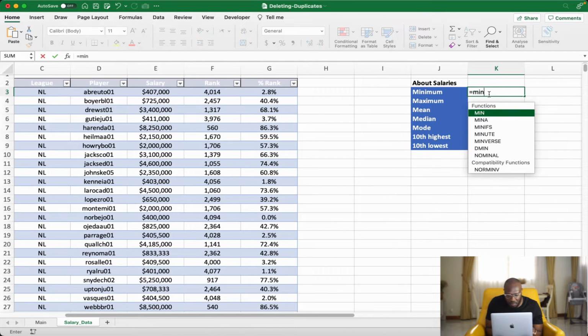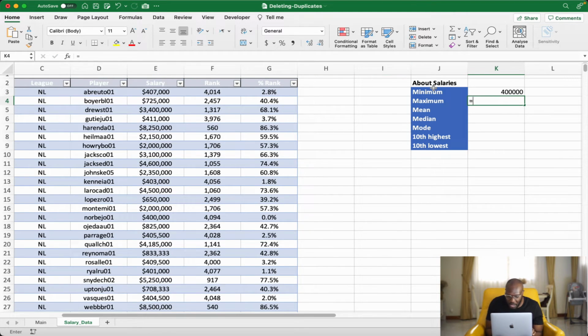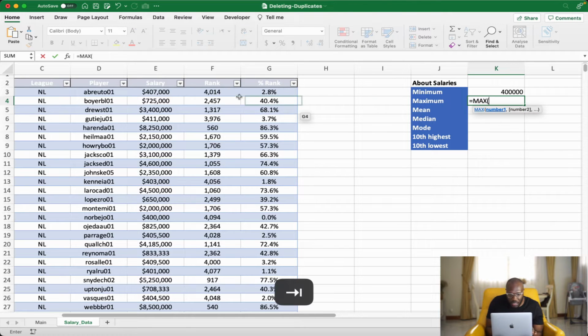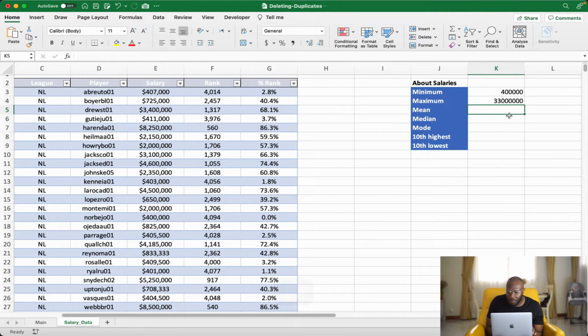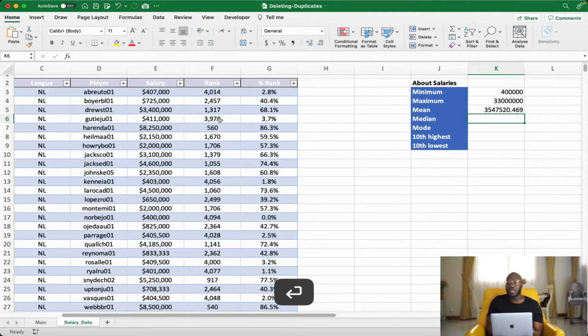Minimum you get using the min function, min, and then I just get the range. And I get the salary data. There we go. Maximum is max. I do the same thing. I wait until this cursor hovers there. Maximum, minimum is average. So I get average and do the same thing, enter, and so on and so forth,